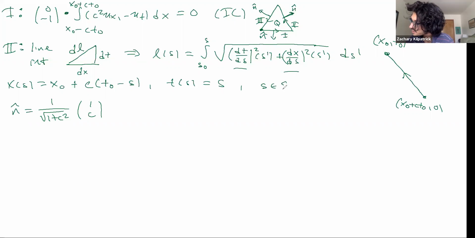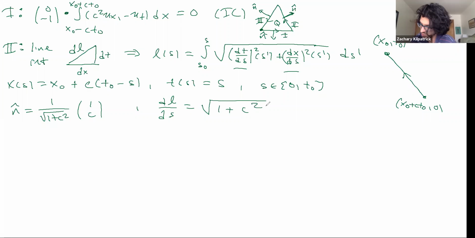And I'll just put a note up here that s goes from 0 to t0, okay? And so dl ds, in this case, if we work it out, okay, I won't go through all the steps in the integration, but we get the square root of 1 plus c squared in this case, okay? So when I set everything up, and I have to compute this line integral,